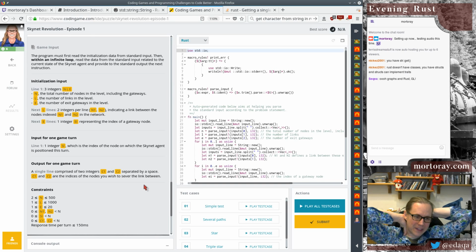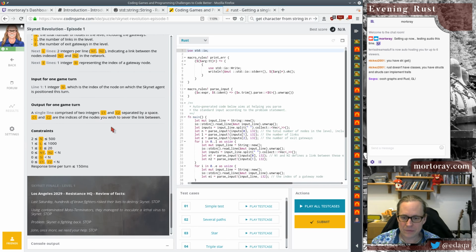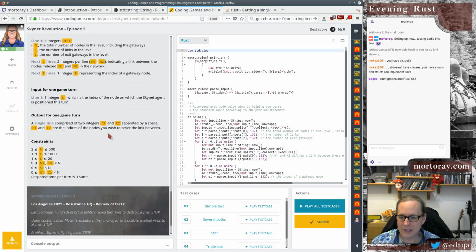Okay. So, in terms of difficulty, from the ones we've done before, this has certainly taken a bit of a jump up. This requires some actual logic, I think, and actual thinking of the graph. And they said breadth first search. Maybe, maybe not. And I don't care about the constraints. 150 milliseconds, that's fine. So what we need to do is figure out which node to sever. And I guess we have to check